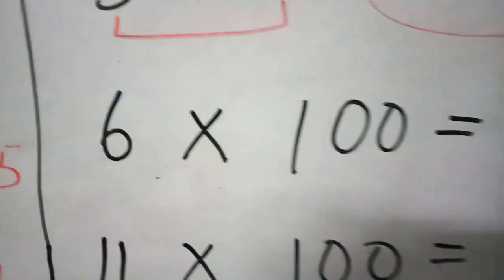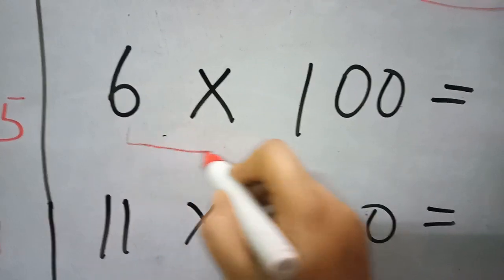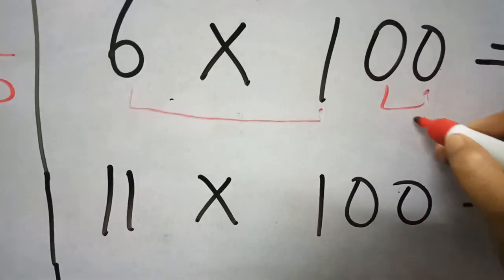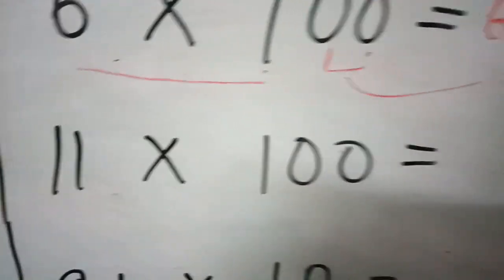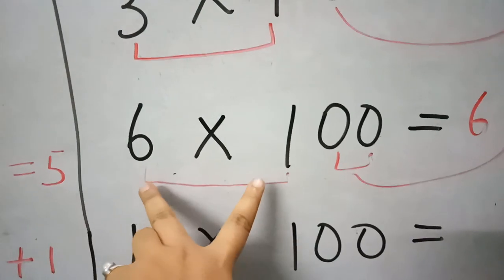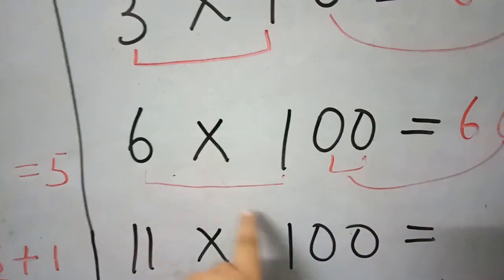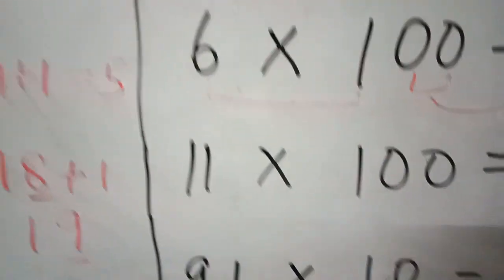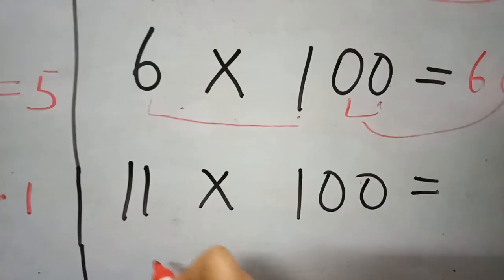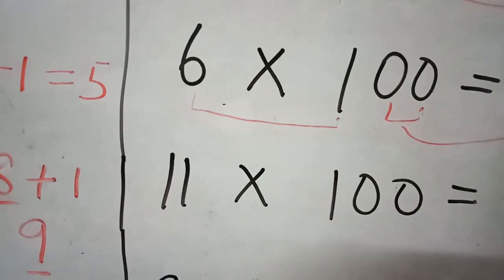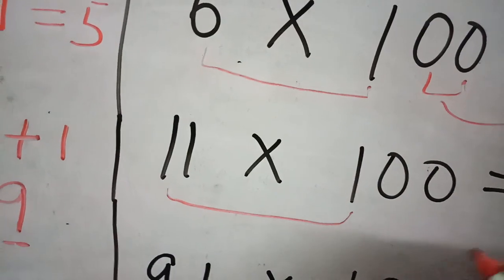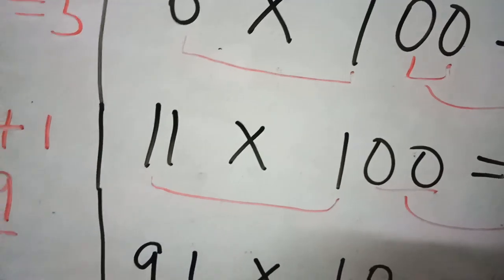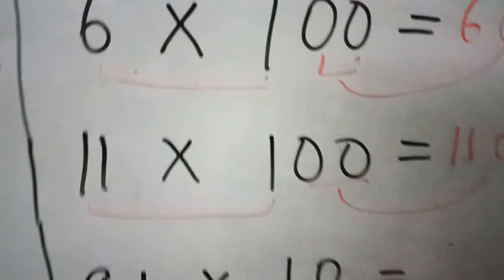Okay, come to another one. We will multiply these only. Okay, 6 1s are 6 and 2 0s will be here. It becomes 600. See, we only multiply these two. 6 1s are 6 and then 6 will be here and 2 0s go to this side. Okay, come to another point. If there are numbers like 11, 12, 13, 23, 24, when we multiply with this sum, it will be the same as 11, right? 2 0s will be here. See how we did it.